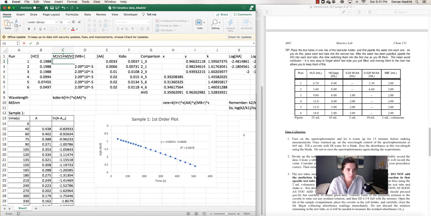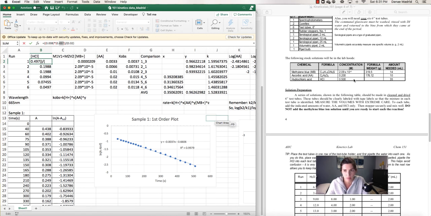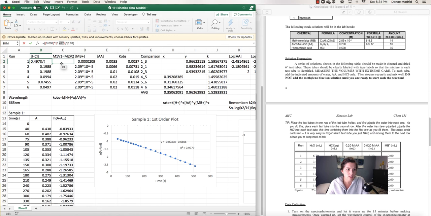So we're going to press equal to, and then we're going to do my initial molarity. What's my initial molarity for HCl? So again, it depends on what section you're in, but I'm going to look right here, and I think the molarity for one of my sections was 0.497. It was supposed to be close to 0.5 molar, so 0.497. Oops. So I'm going to click this cell again, equal